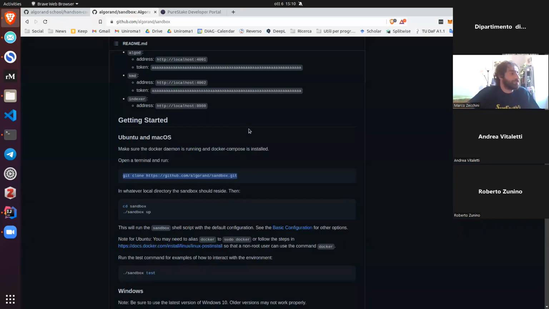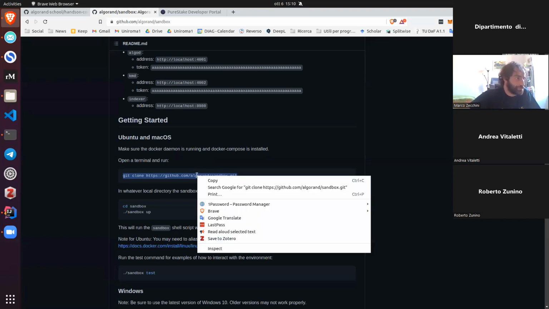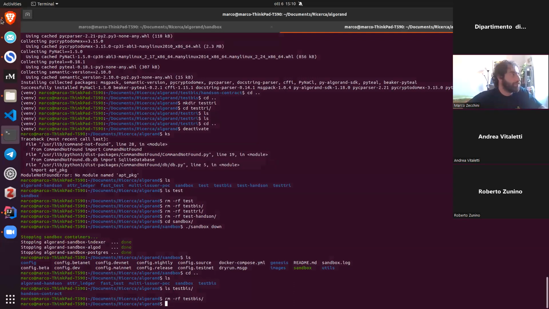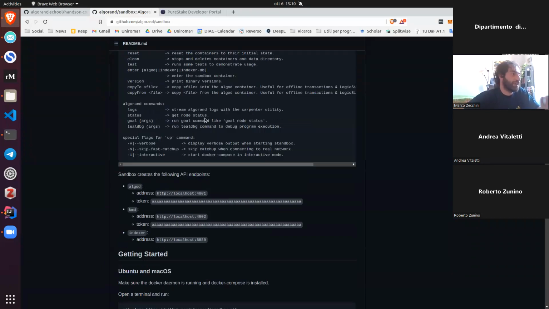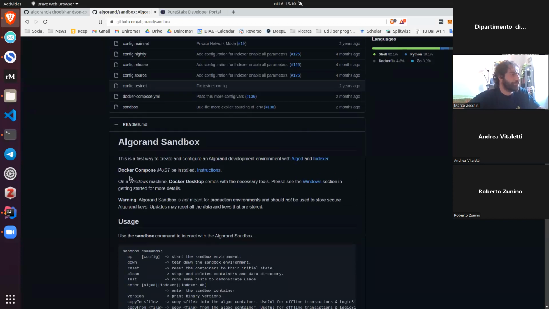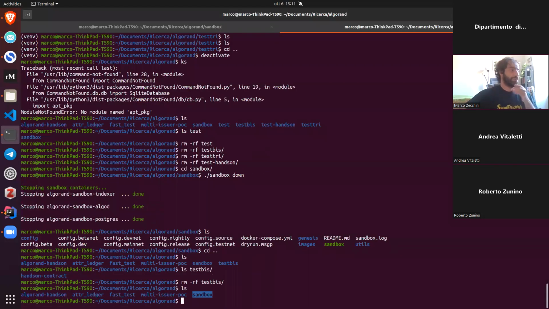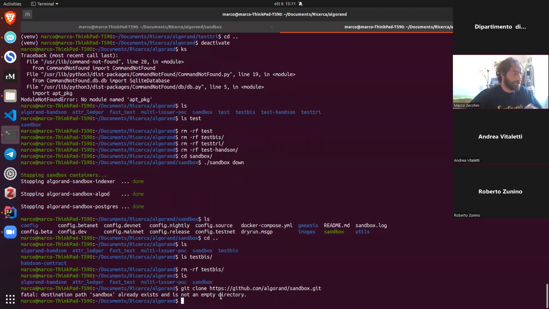Okay, let's go back to our example. As I was saying, we need to install the sandbox. The sandbox is very easy to install. We simply have to clone this repo. We need to have as a prerequisite Docker Compose and Docker, of course, installed on our computer, because, as I told you, these are Docker images. I have already copied my sandbox in my terminal. Maybe I can increase the size. So you just need to clone the sandbox. Of course, in my case, it doesn't work, but